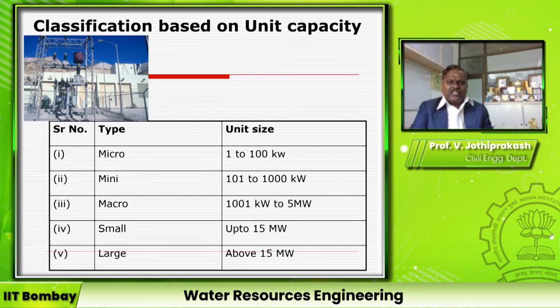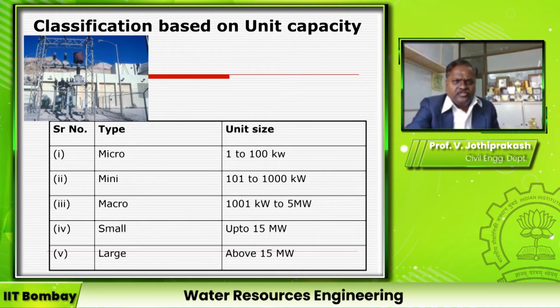Then, based on the unit capacity, how much power the generator produces: if it produces 1 to 100 kilowatt, we call it a micro power plant. If it is 100 to 1000 kilowatt, we call it a mini hydroelectric power plant. If it is from 1000 kilowatt to 5 megawatt, we call it a macro hydroelectric power plant. If the power produced is from 5 megawatt to 15 megawatt, we call it a small hydroelectric power plant. If the power produced is more than 15 megawatt combined, then we call it a large hydroelectric power